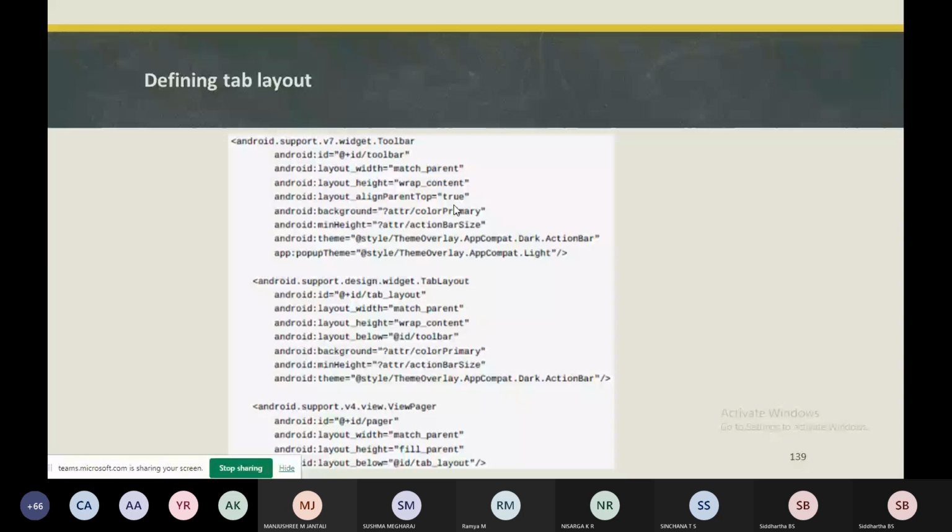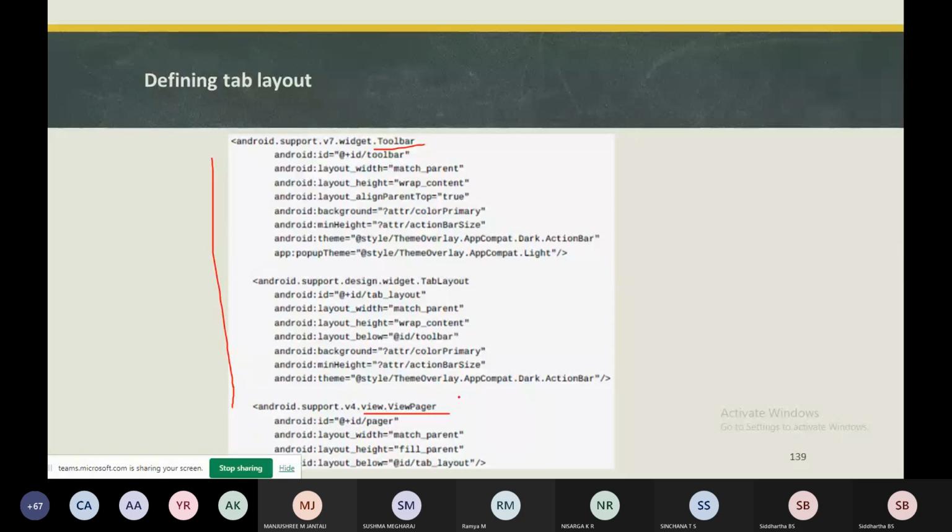And a view pager within the root layout to switch child views. If you want to switch between the children, the different categories are the children, so we need to switch between the child views. That should be the view pager within the particular layout. So this is an example where you can use it like this: a toolbar, and within that you can have a view pager. For each child view, we need to create a layout file.